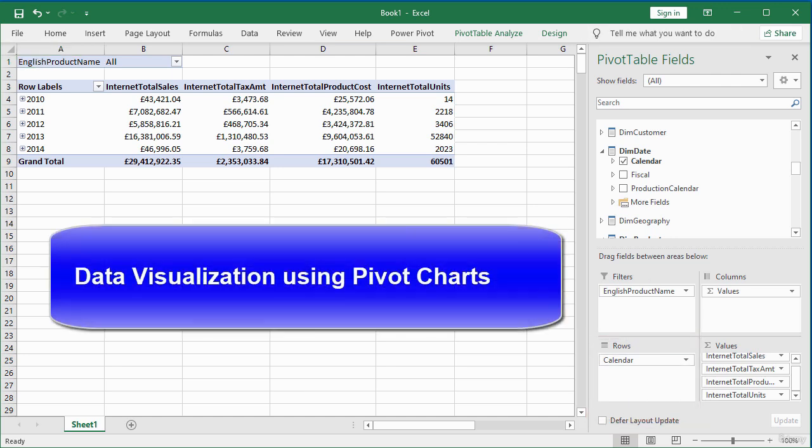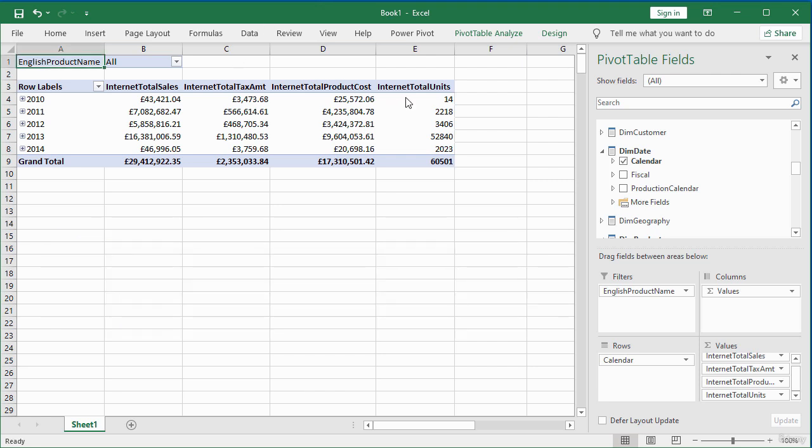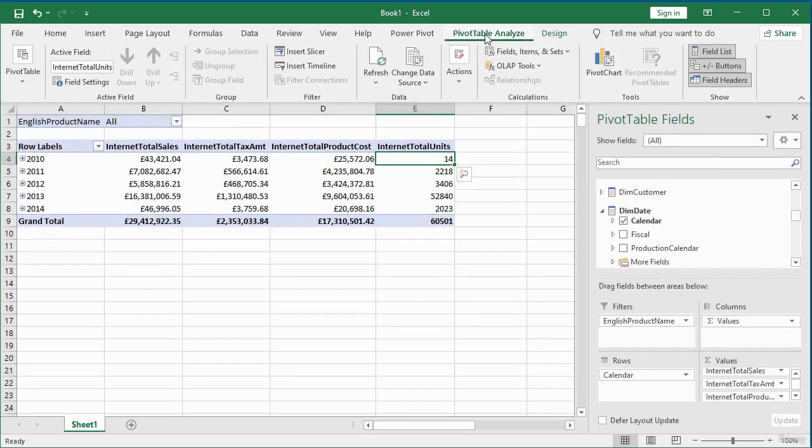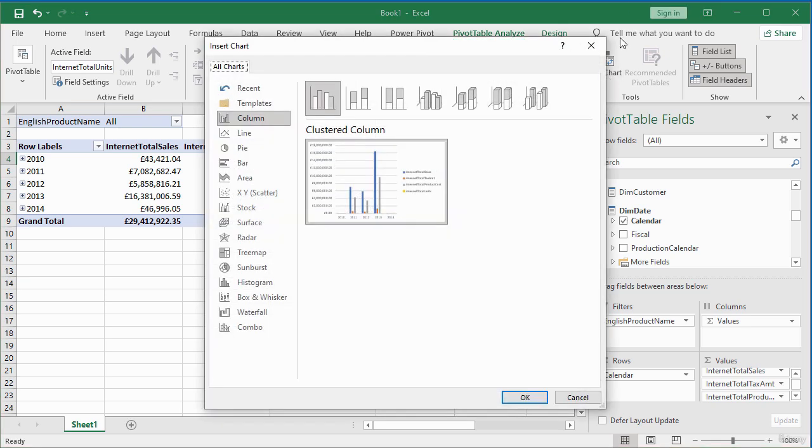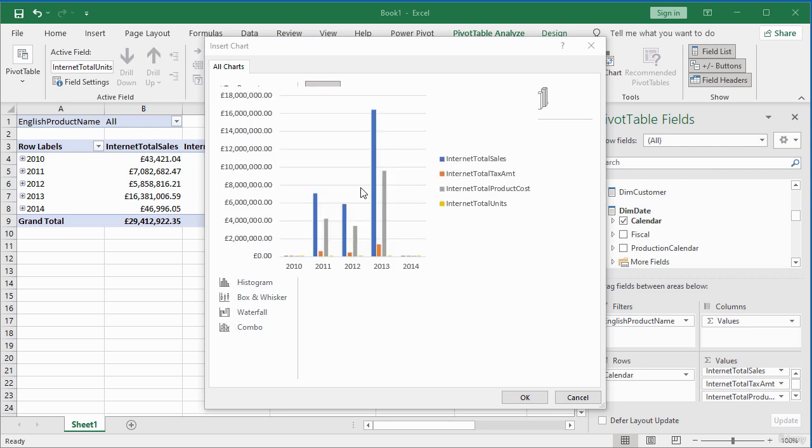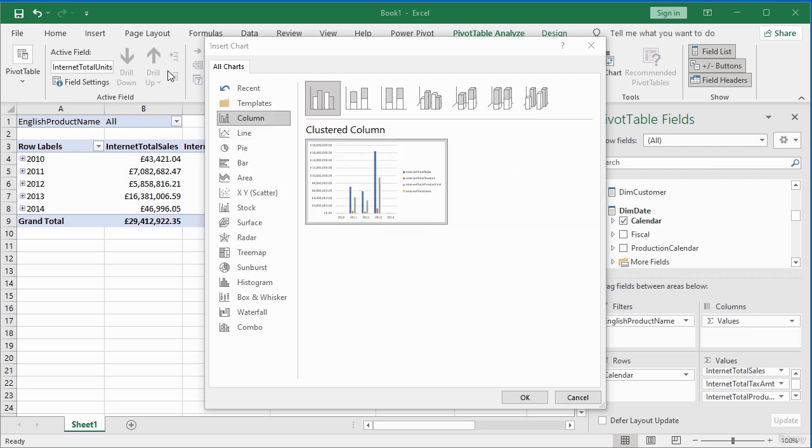The next thing I'm going to do is to create a visualization from this pivot table. So we're going to do that using a PivotChart. So just select any cell inside this data and then click on the PivotTable Analyze option and click on PivotChart. The default chart you're given is a column chart, which gives you clustered column to represent